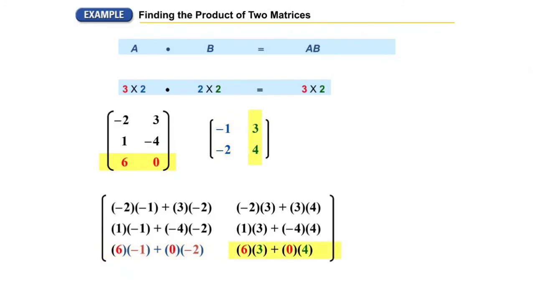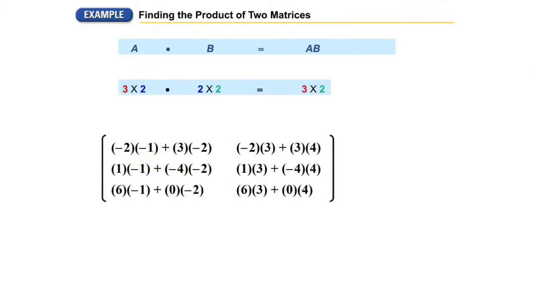After simplifying this, here -2 into -1 is +2, minus 6, that is -4. After simplifying, you will get the product AB as -4, 6, 7, -13 and -6, 18. This is the product. It's a very simple procedure. Okay, I can take one more example here.